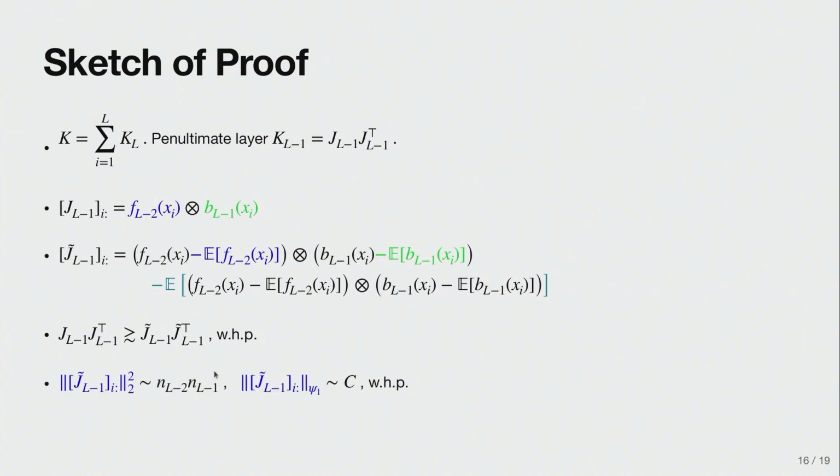We prove the concentration bounds on this new object, because now we can do, as I was saying in the easy case scenario. And this gives me a matrix concentration on the centered kernel that exactly scales as the number of parameters in the last layer. So this also gives me the smallest eigenvalue.